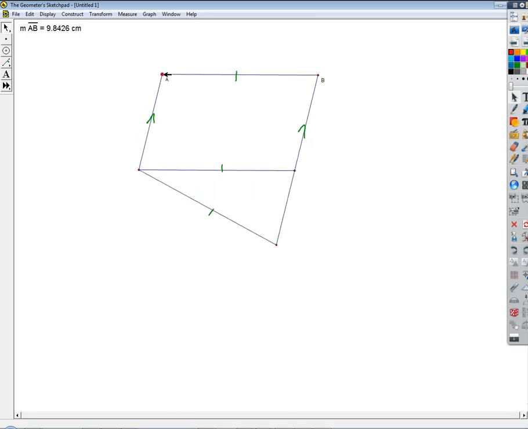Like that, there we go. Okay, so these angles